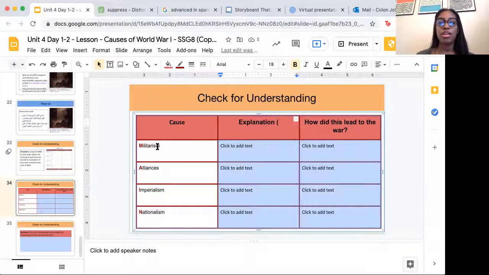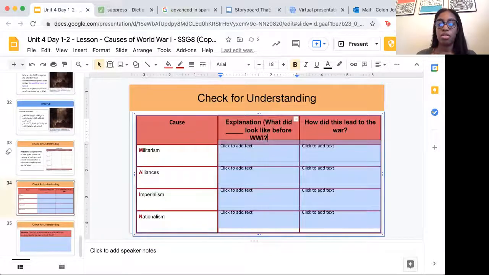So the question that you're asking here is militarism, right? What did militarism look like? What did, fill in the blank, right? What did the cause look like before World War I,